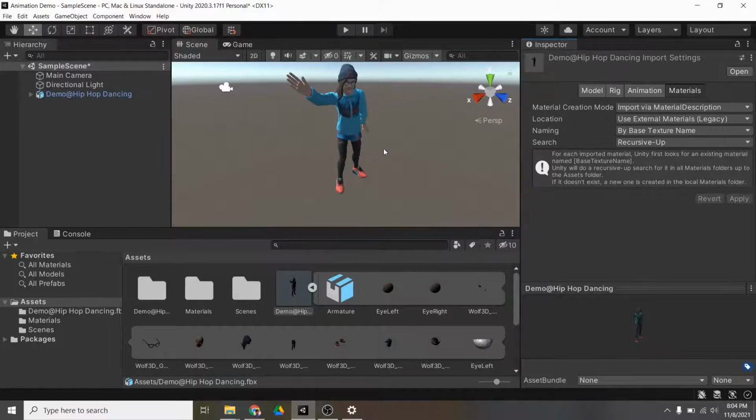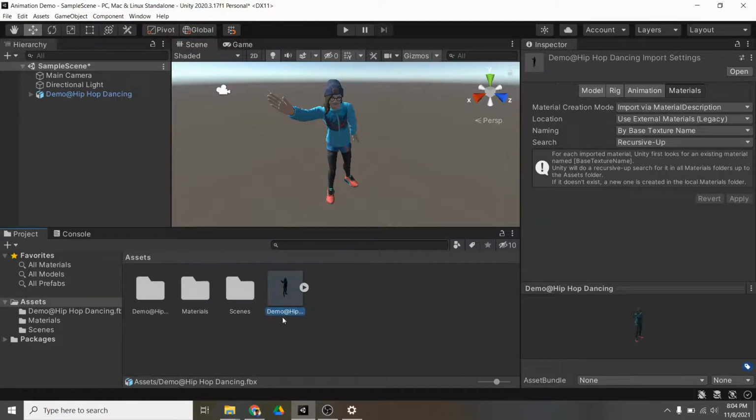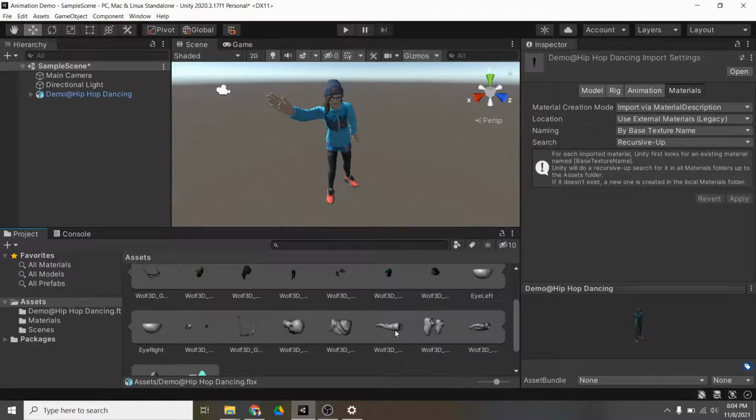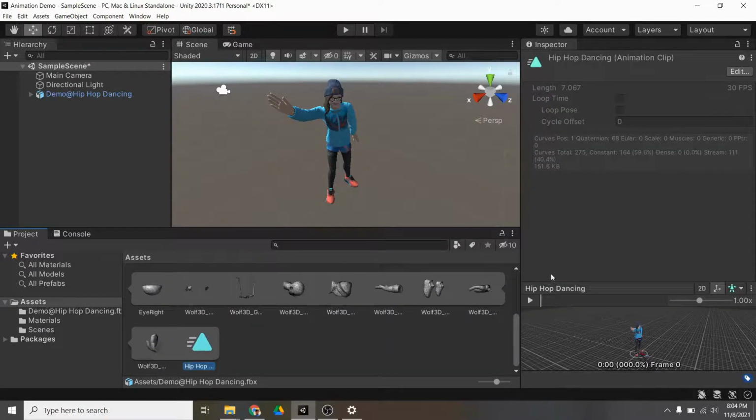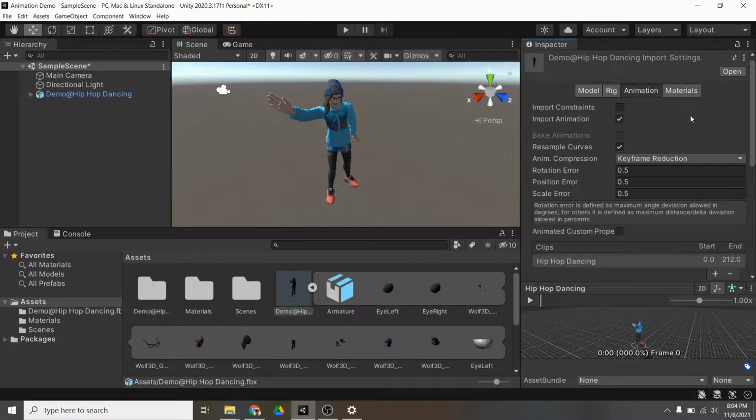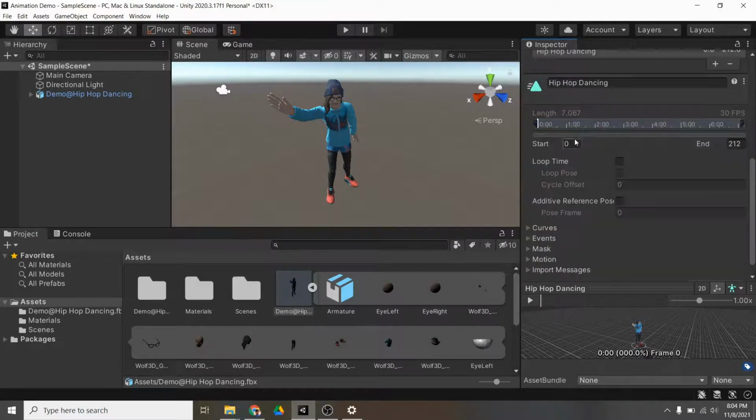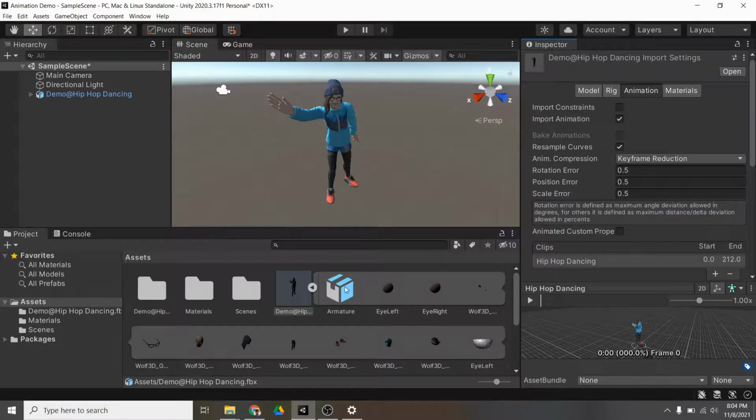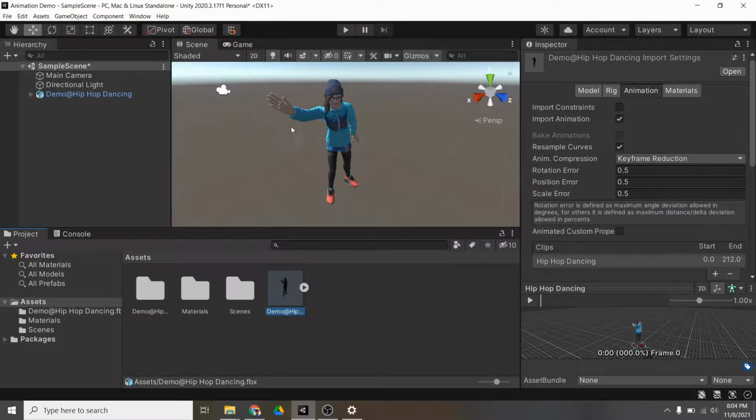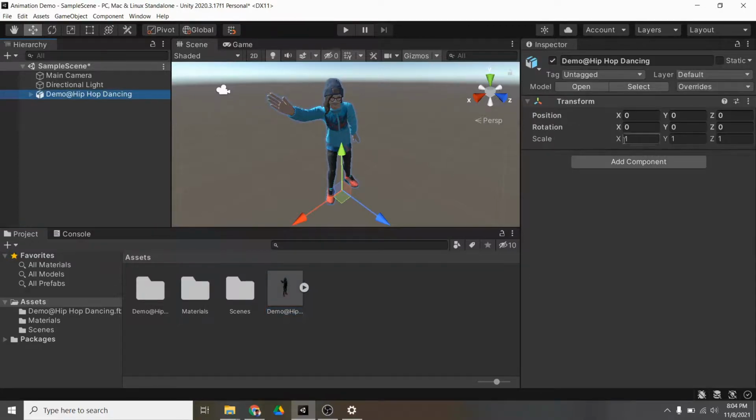And there he is. Let's go ahead and get the animation working. So I see here's that hip hop animation there. I'm going to edit it, and I'm going to put loop time on it so that way it'll happen over and over again. And then right here on my model, let's add